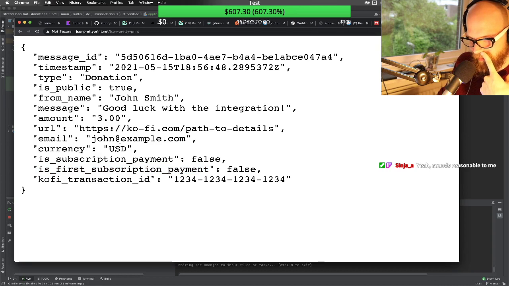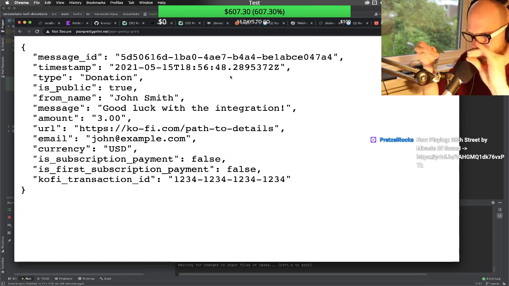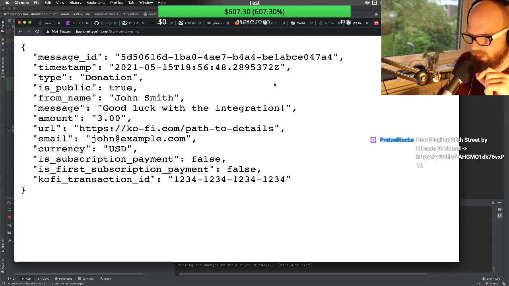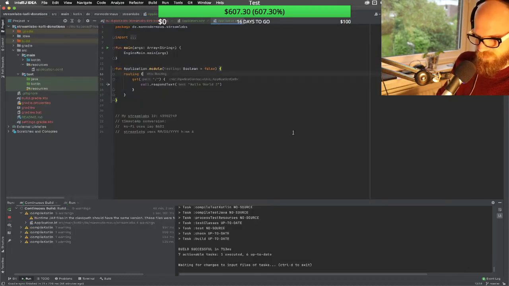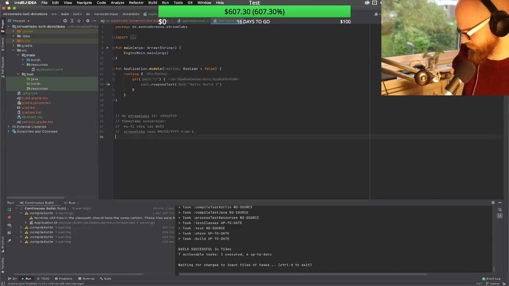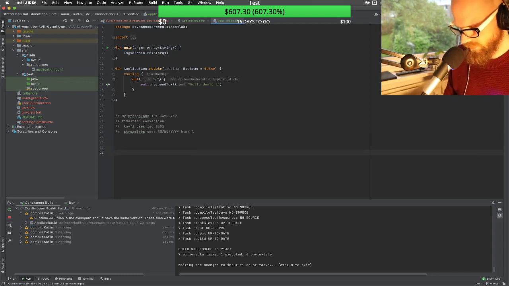Okay. Yeah, this is super nice. We have an identifier, amount, currency, name, message. That's all we need. Timestamp. It's all here. This should be a very easy connection. The more challenging part is going to be matching the credentials and storing everything and then handing it over between the services. But let's get to it, you know? Let's do this. Okay. So the plan would be